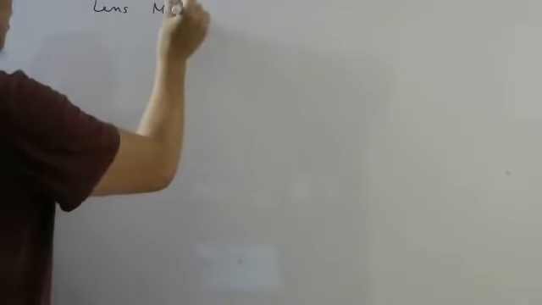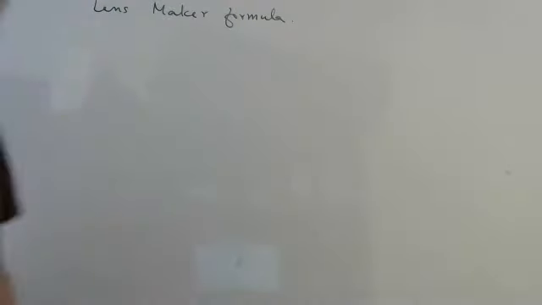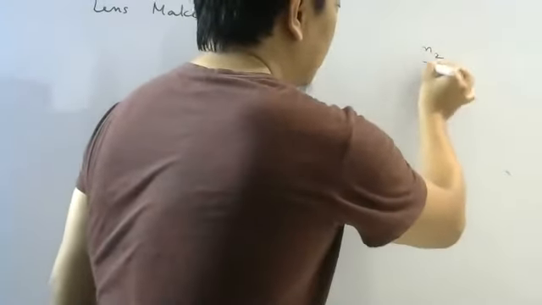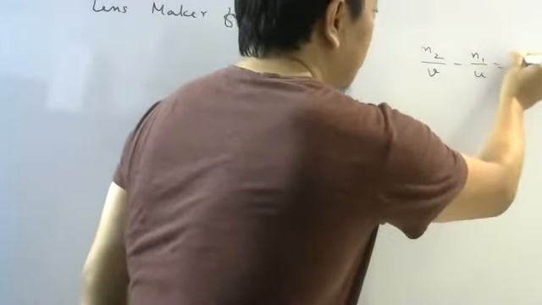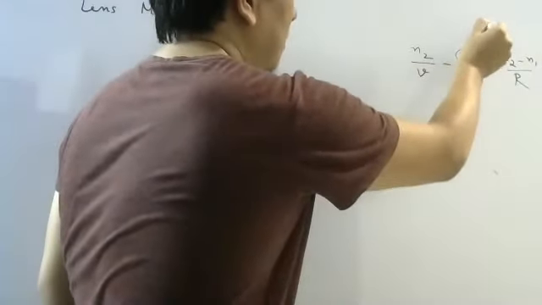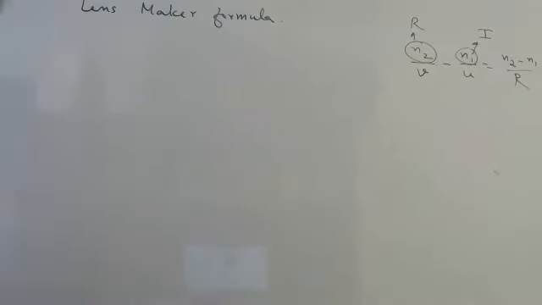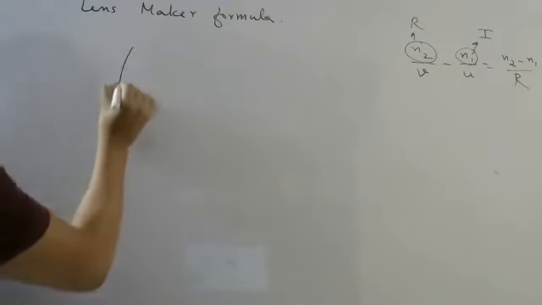Now we will derive the Lens-Maker formula. For this, you need to have a lens, and a lens will have two surfaces, right? Before, we discussed a single surface. So let me just write the formula once more, because I need this formula to derive the Lens-Maker formula. And I should remember that this is where the incident ray is there. This is where there is the refracted ray. Okay, so what I do now is I first draw a neat diagram. So this is my lens.